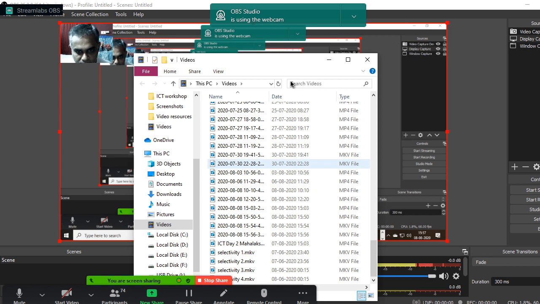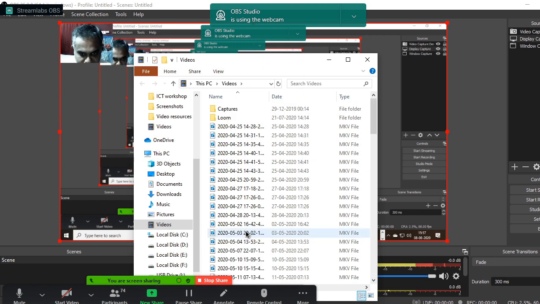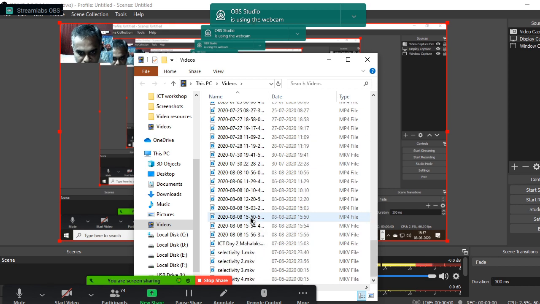So in case we want to change it, is it possible? What do you want to change? Already recorded one, if we want to change, is it possible to change like that? No, I don't get you. You want to change means you want to delete it or you want to correct it, something like that?